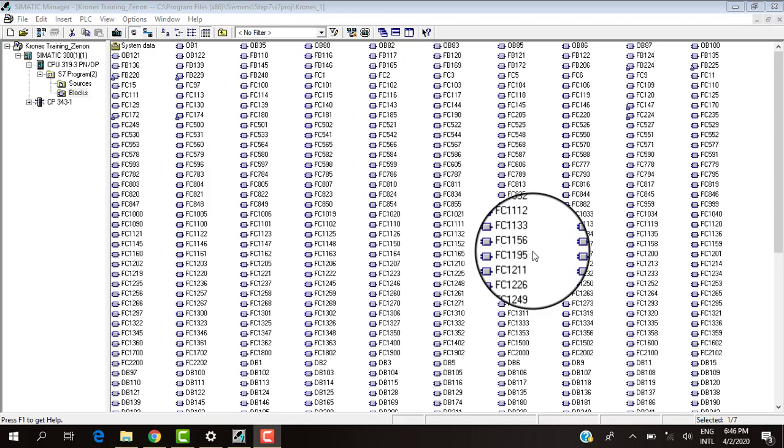Also, before you download a new program or before you try to make modifications to a running program or a running machine, it's always best to compare the backup you have against what's currently running, see if there are any differences, and then back up what is currently running before you make any adjustments. So first, we'll look at how to compare